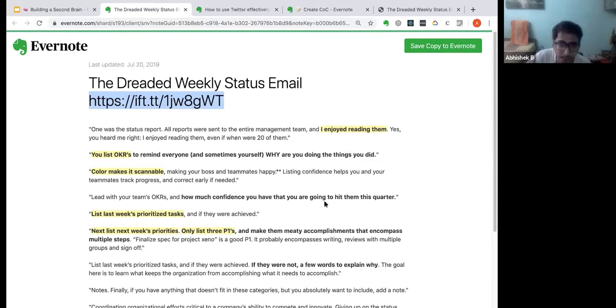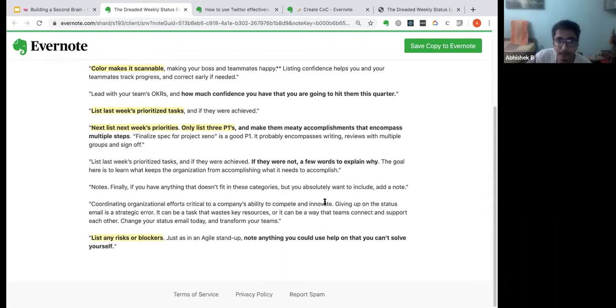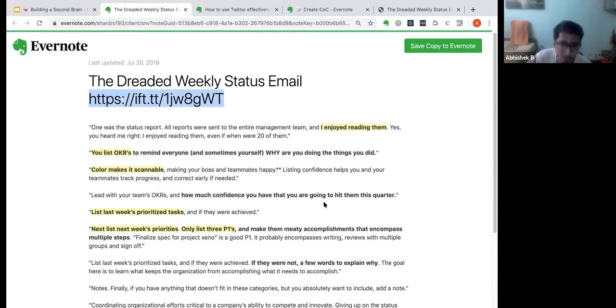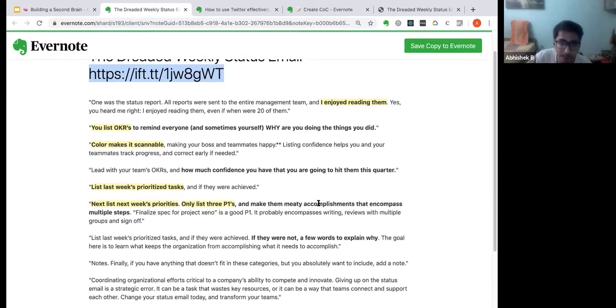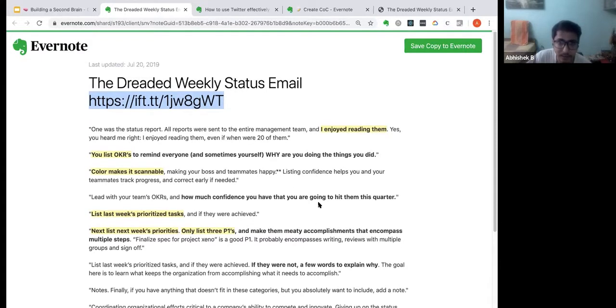Again, this is a work in progress, and as Arvind mentioned, the next thing to do would be to write a summary about this. An even better thing would be, if one day I want to write about a weekly status email, or if I start a company and want to send a memo to my employees saying we are starting this practice and why, I have this note that allows me to craft something much more powerful than if I started my research at that point in time.